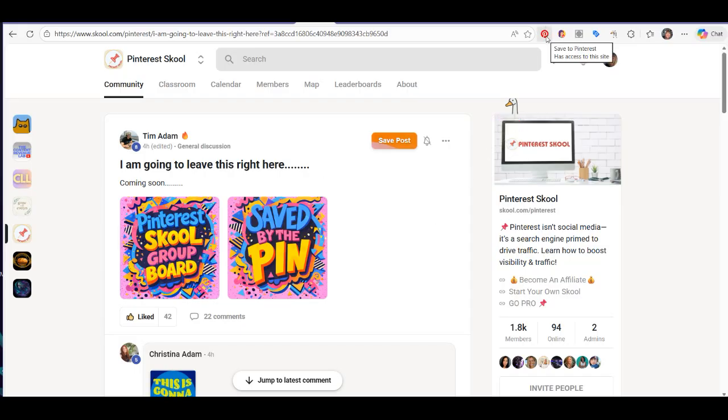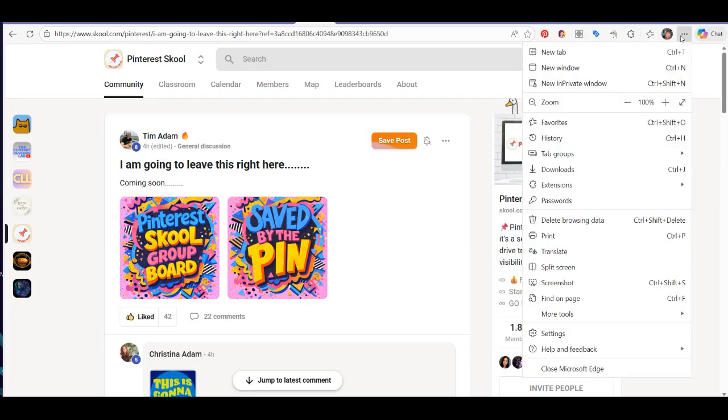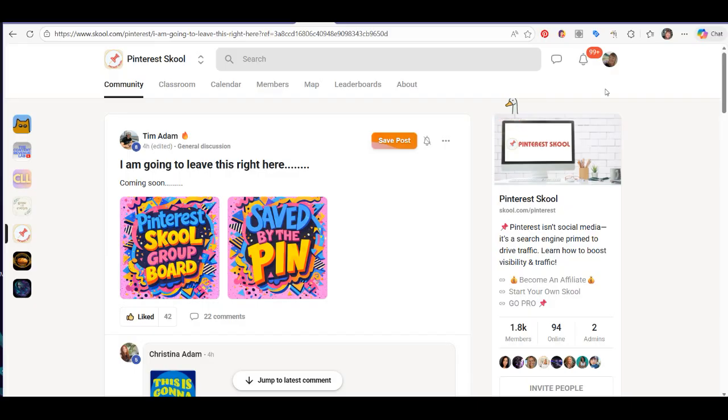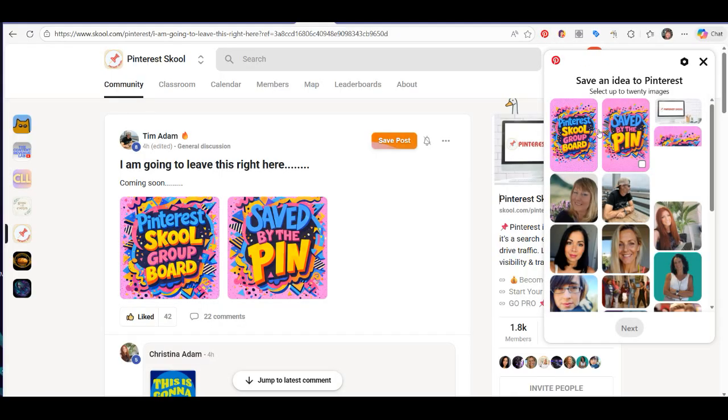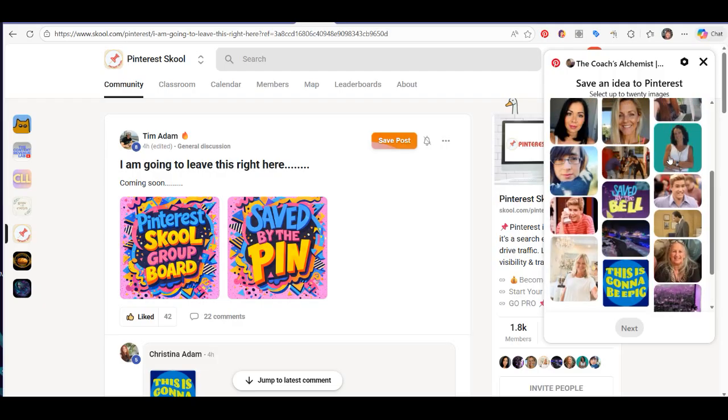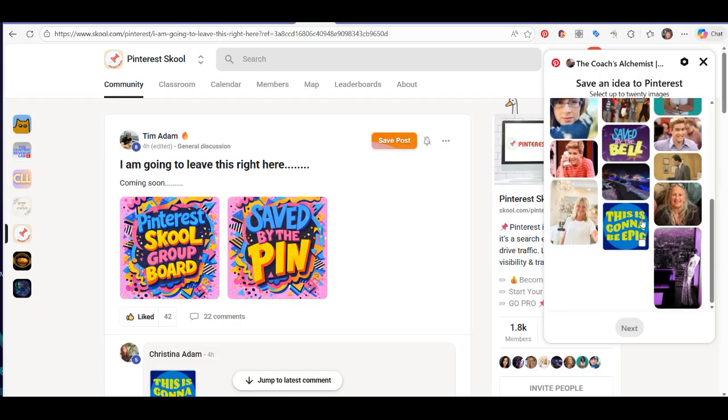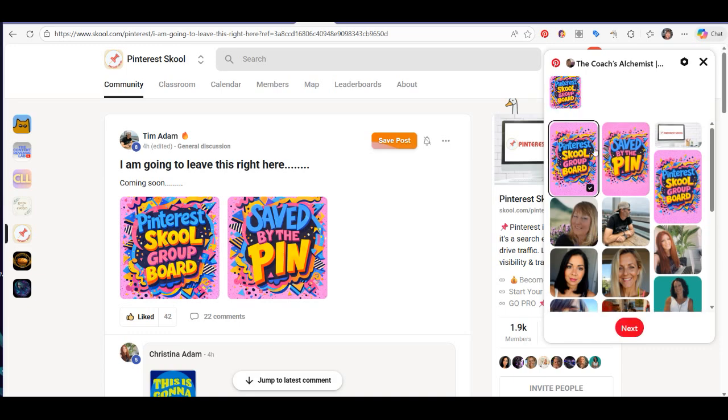The next step is to go up here and click your little Pinterest extension. If you don't have this extension, you can just go over to your extensions, or click your little buttons and click on the manage extensions or get extensions for Microsoft Edge. Almost every browser has some way to get extensions. So you want to click the Pinterest extension, and then it's going to pull up all these images that are over here. You only really want to pin long images, so I'm going to pin this one and this one,